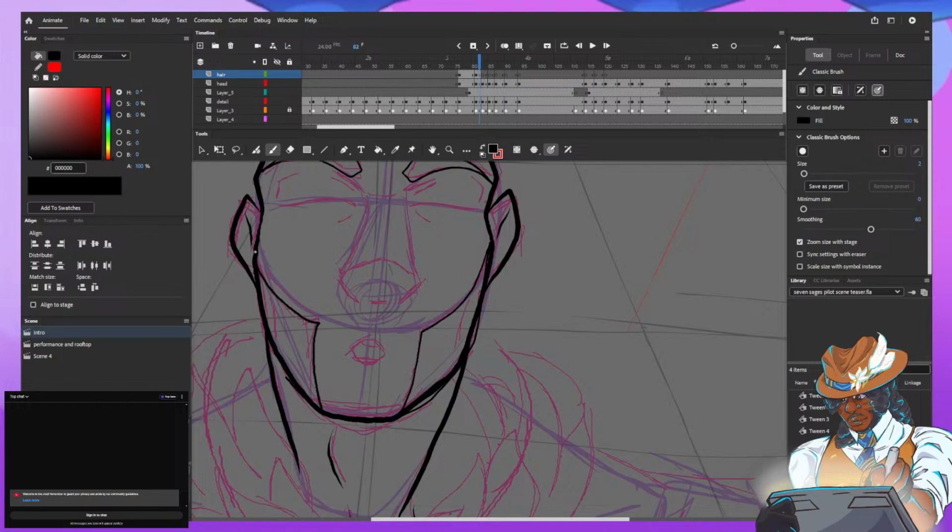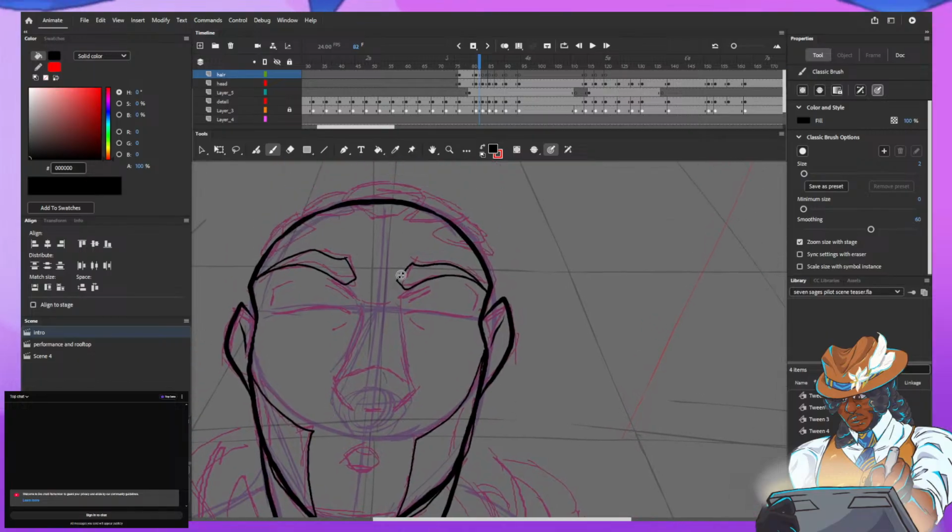I was actually going for like these mutton chop style beard. That's sort of what I was going for with his character design. And I don't know if I was able to capture it, but he does have sort of like this slicked back hair. That's what I was going for. I do hope I was able to express that in his character design. His character is actually a redhead, so